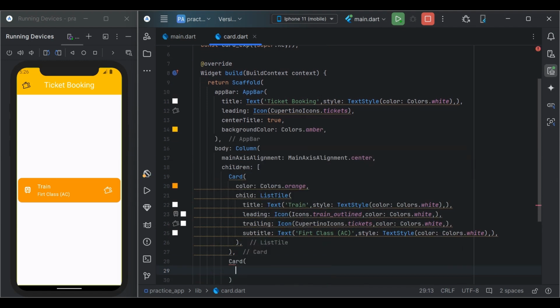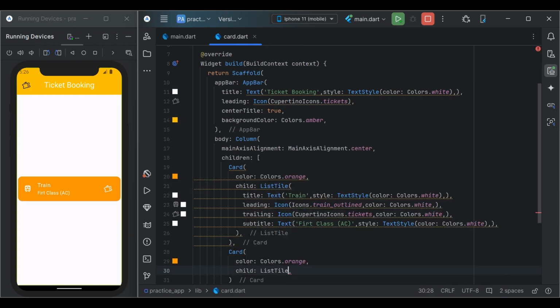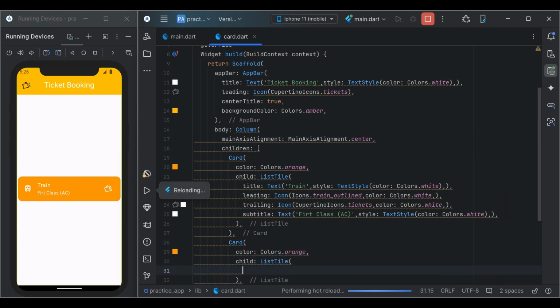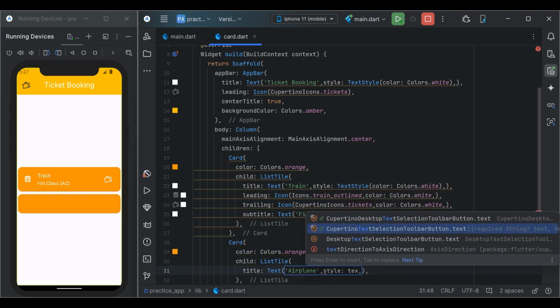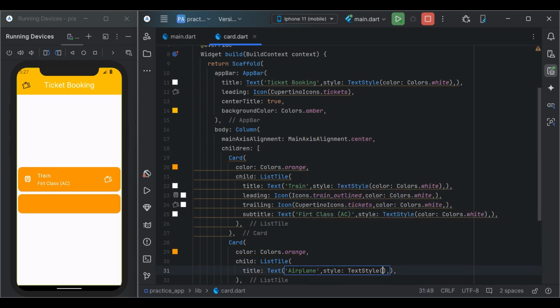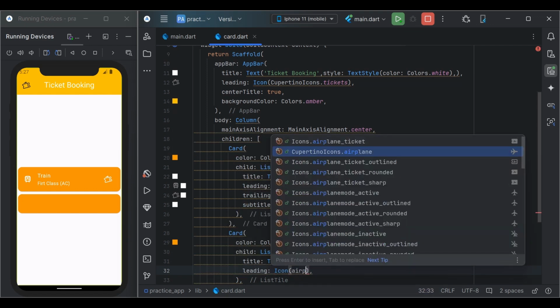I will use a second Card widget, same as the first Card widget. Set color orange, child is ListTile, title text, in the text Aeroplane, same as the first card, color white. All properties the same. In the leading I will use the aeroplane icon, set color white,